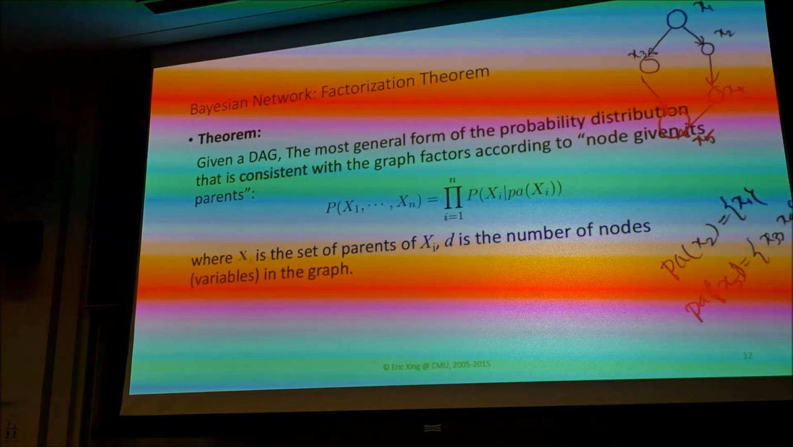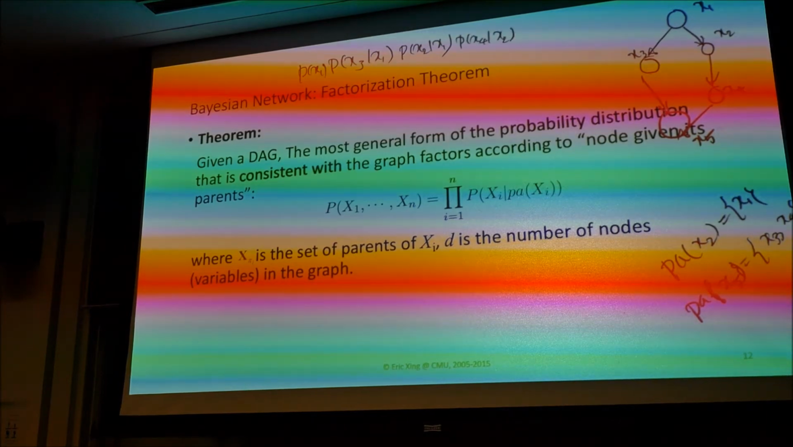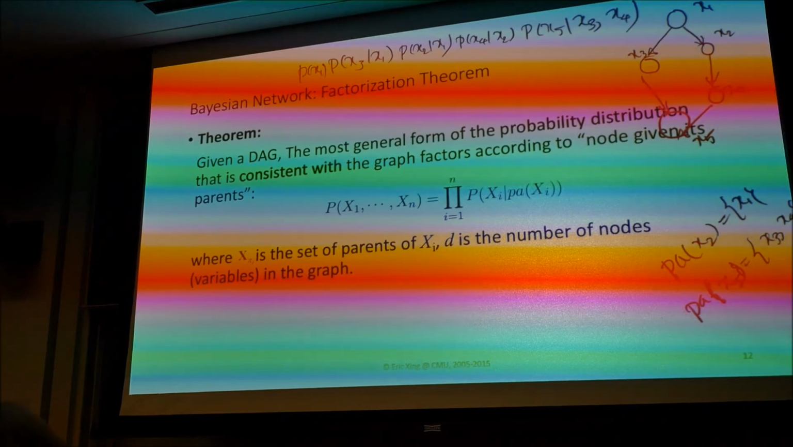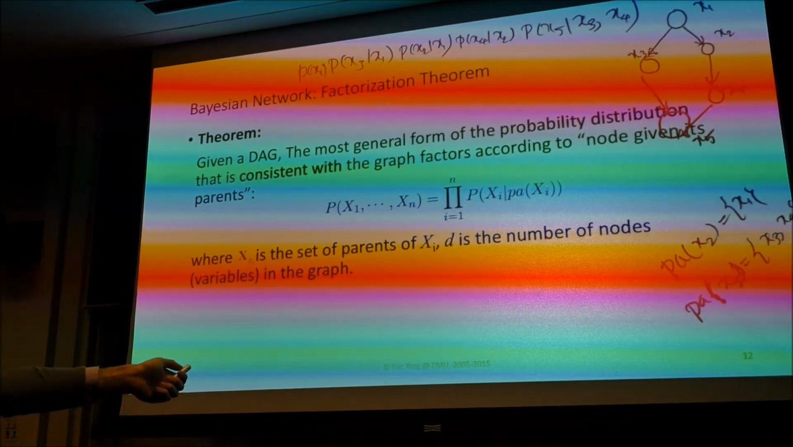P of x1, P of x3 given x1, x2 given x1, x4 given x2, x5 given x3 comma x4. Right? And the theorem says that that's the most general way of writing this probability distribution given this graph